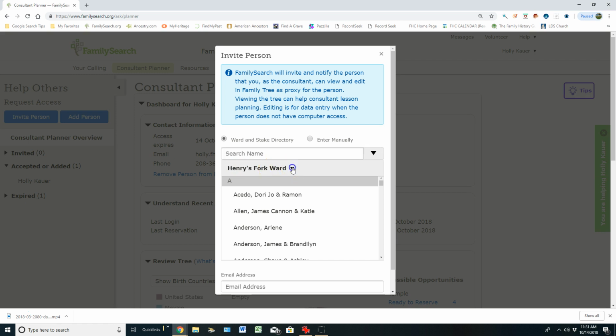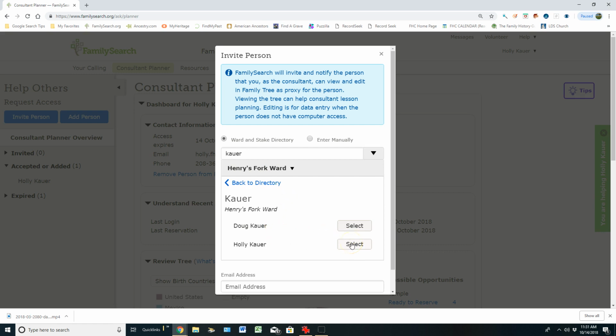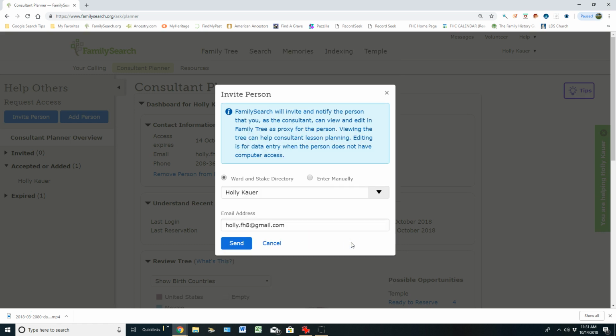But if I were to click down on this drop-down caret, it would open up my entire stake to where I could choose any ward, and it would open up that ward directory, and then I could choose somebody from that ward. So I'll just come back up here. My ward is highlighted. I will do a filter with my name, then click on it, and then I will select the person I'm wanting to invite into my planner,